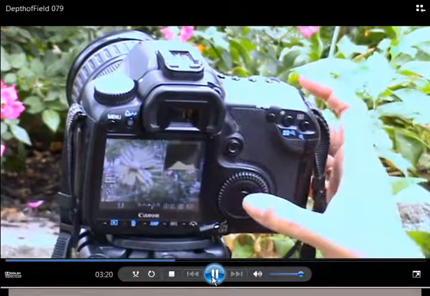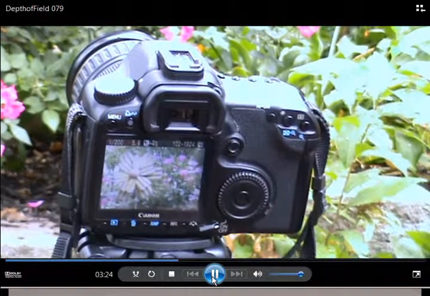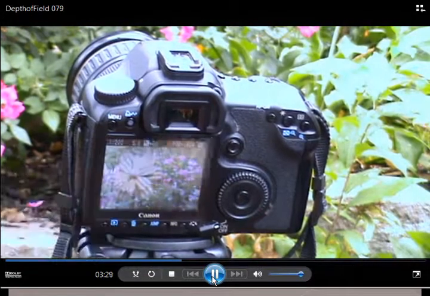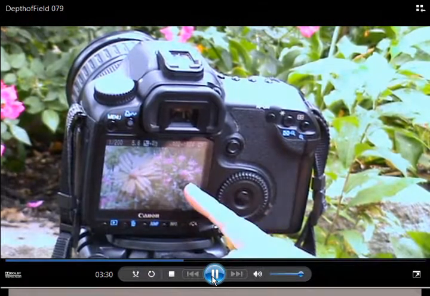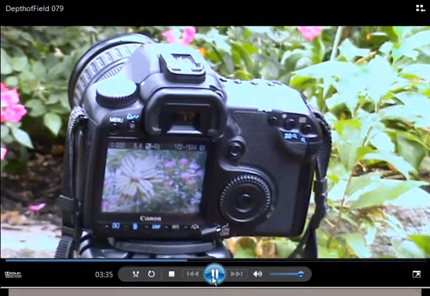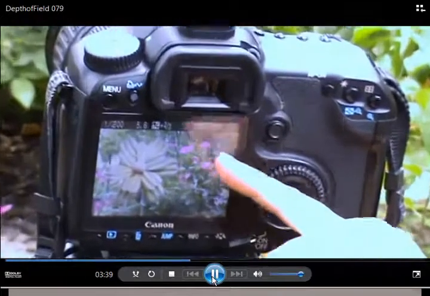I do that from time to time. We're at 5.6, and I'm going to hit the right button this time. Oh, now we're getting a little bit of depth of field. You can see how this flower, the ornamental one, is not so much in focus, yet the ones in the back are still